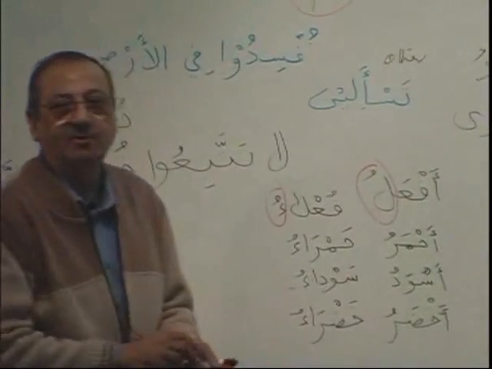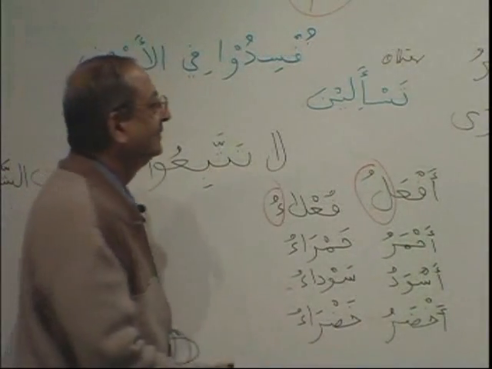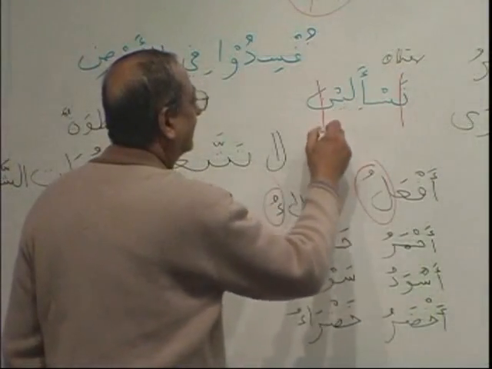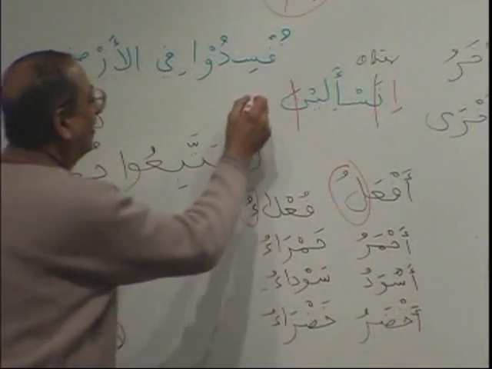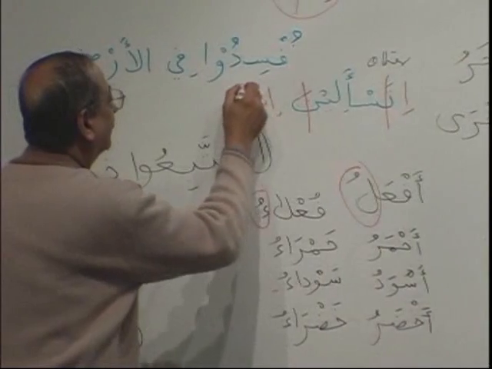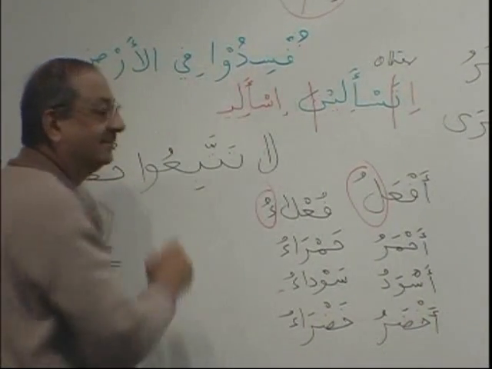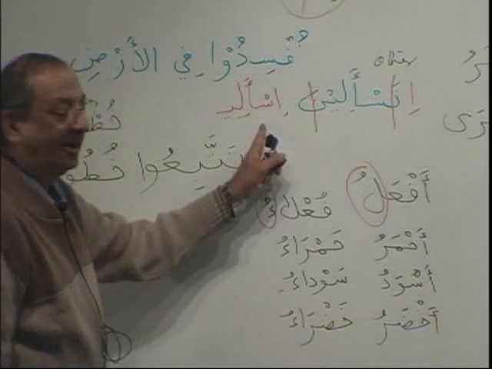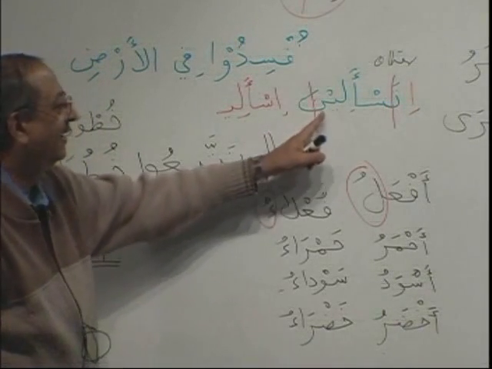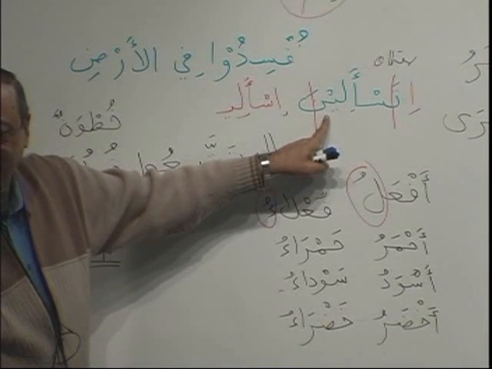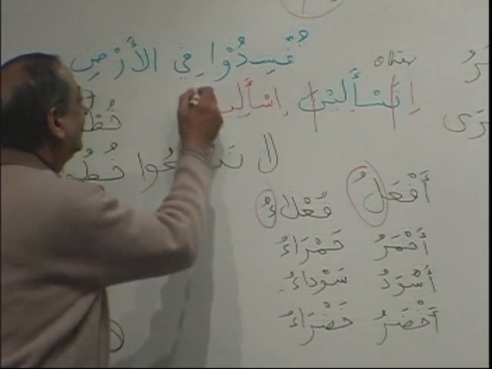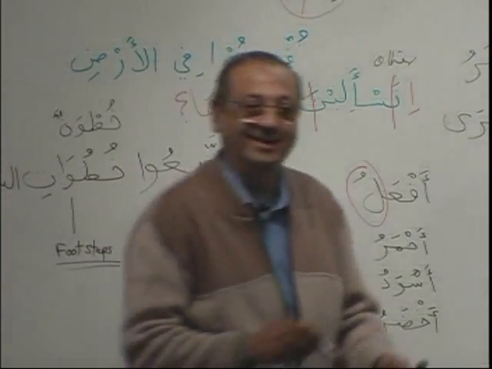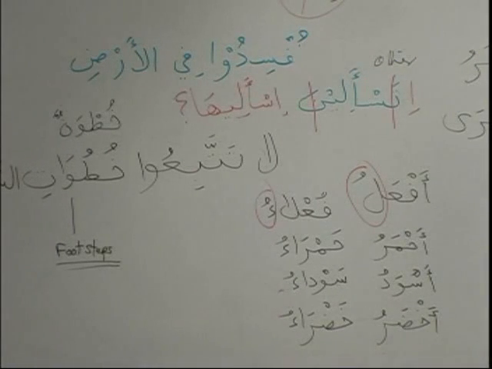Maybe I should write it down. Okay, brothers and sisters. How do I make it now amr? And I give here... So what is this now? Fi'lu amrin mabniyun ala hadfi noon. And then ya is your fa'il. And what is this? Maf'ulun bihi. Ha goes to the mother. Is'aliha. Ask her. Okay.